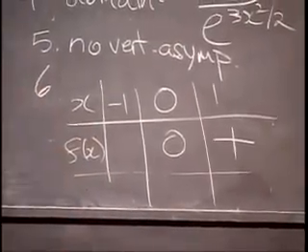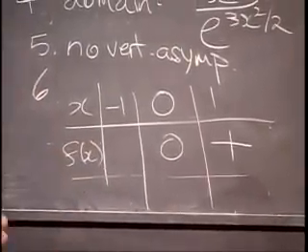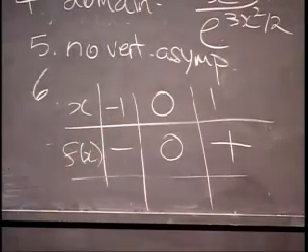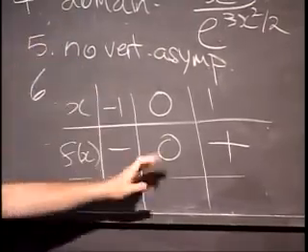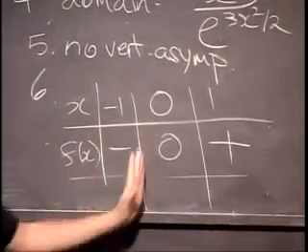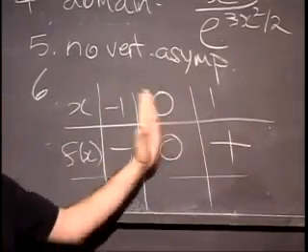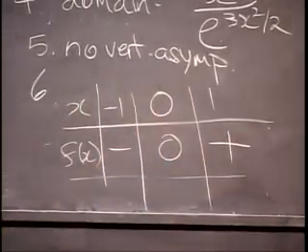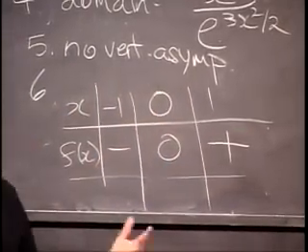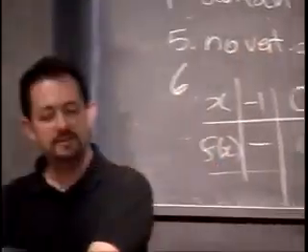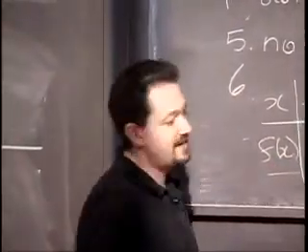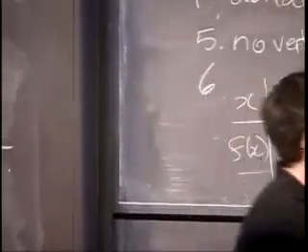Whereas at negative 1, we already know it has to be negative. There's not even any need to do anything about this because the function is odd. If you don't believe it, just plug in minus 1. But basically, if f is odd, then whatever it does on the right, it does the opposite on the left. So actually, we know that the function is positive to the right of 0 and negative to the left of 0. It's kind of hard to sketch that. So in order to make things a little more